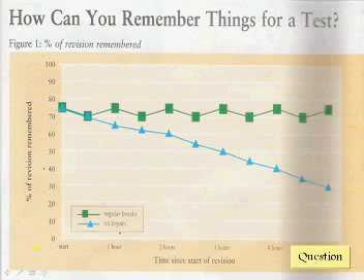Look at this. How much is remembered? And look at the green line and find how much you can remember if you have regular breaks, if you have breaks from time to time. As you can see, the information you can remember when you have regular breaks is much, much more than when you have no breaks at all. So what do we understand from here? The main idea. Think.